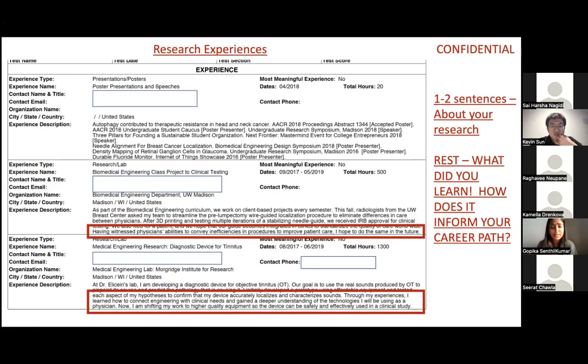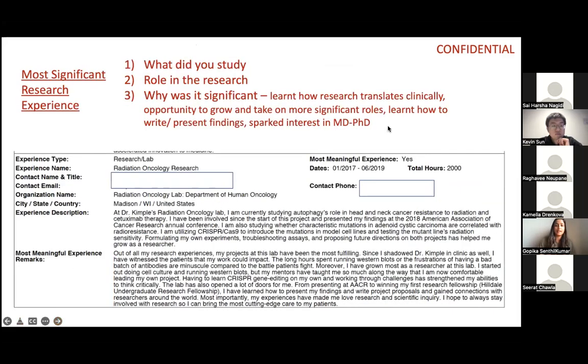And then again, at the bottom, I'm saying, through my experiences, I learned how to connect engineering with clinical needs and get a deeper understanding of the technologies I will be using as a physician, right? So again, highlighting here's how I'm going to bring this to the clinic, a component for your research. And then the last thing is my second significant experience. I put together my most